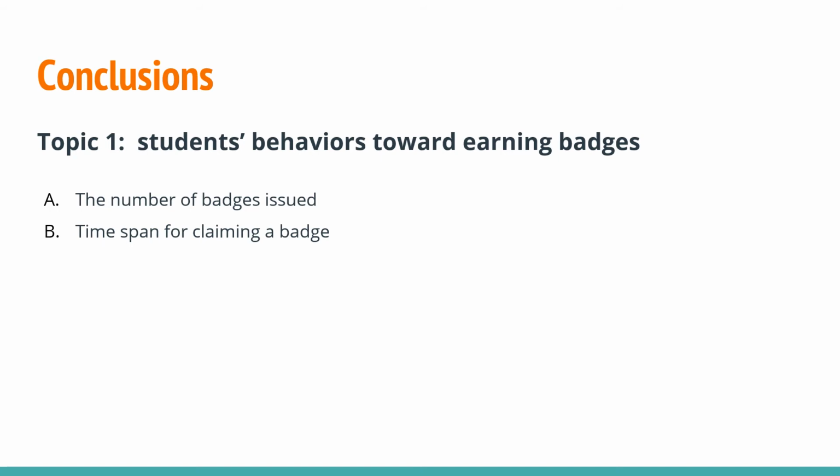Researchers organized the results over the 2 research topics: student behaviors and perceptions towards badges and MOOCs. First, the authors analyzed the number of badges issued and the ratio of students who earned badges to those who were active per week in the course and to those who fulfilled the conditions to earn the badges. All participants were classified into 3 categories. An active student was a student who participated in an activity in the current or in the upcoming week of the course. A performing student was an active student who fulfilled the conditions to earn a badge. And finally, an issued student was an active student who fulfilled the conditions and also claimed the badge.